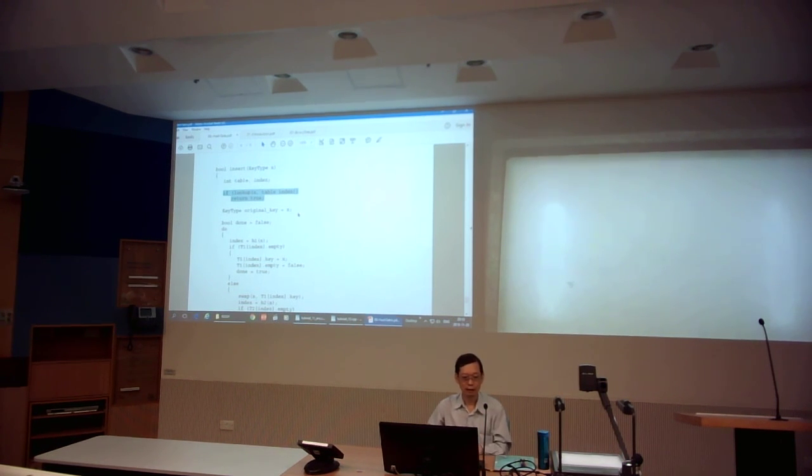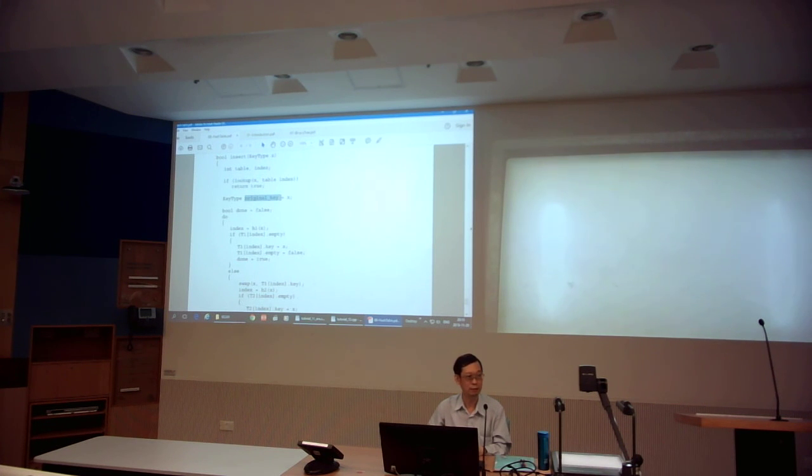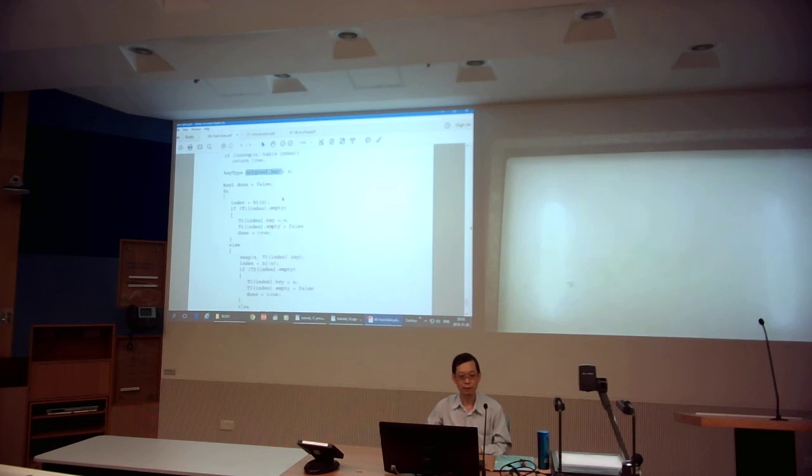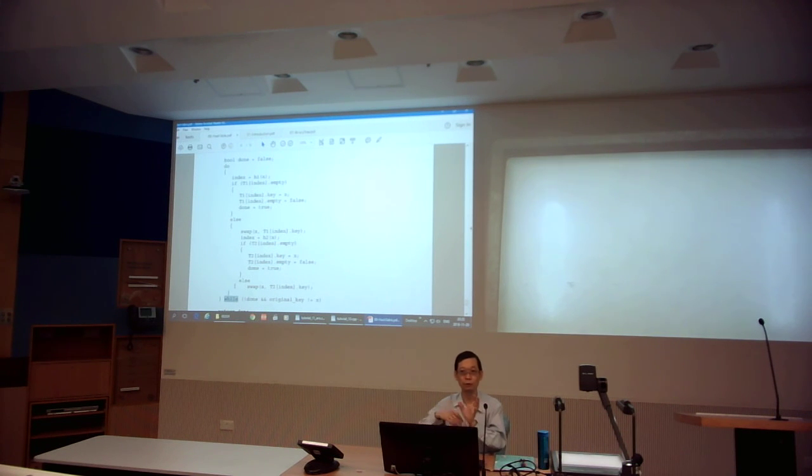Now, if it is not initially contained in the hash table, then we save the original key value, for the detection of forming a loop, to be used later. Then we will use a do-while loop to perform the instructions, because we will at least go through the loop one time. First, we try to put